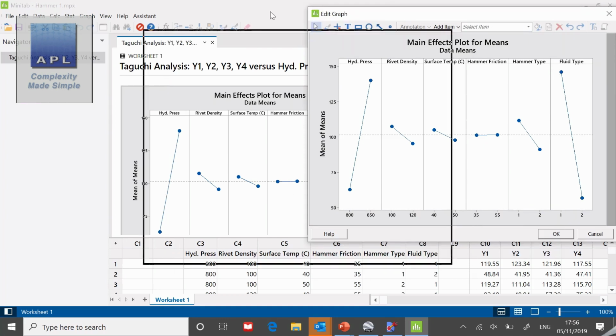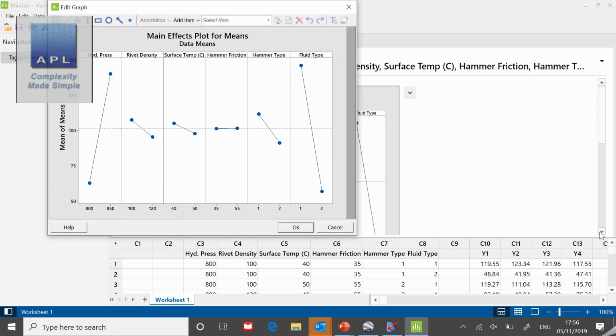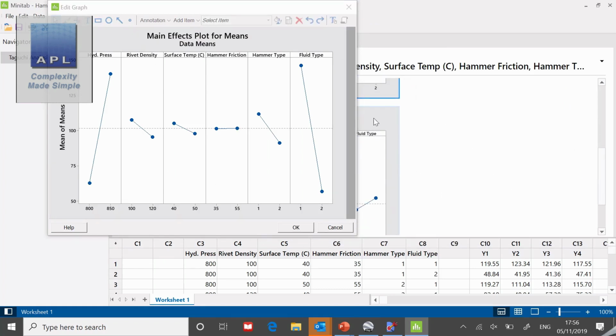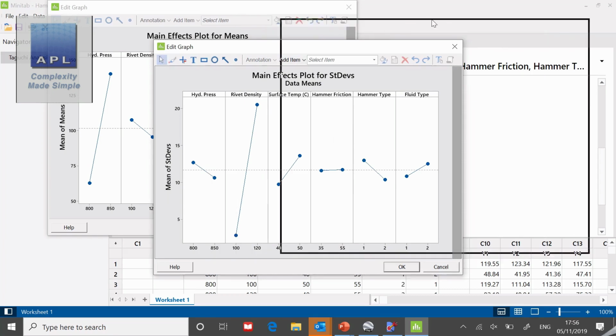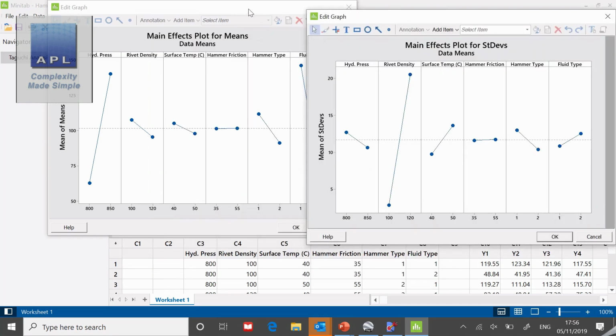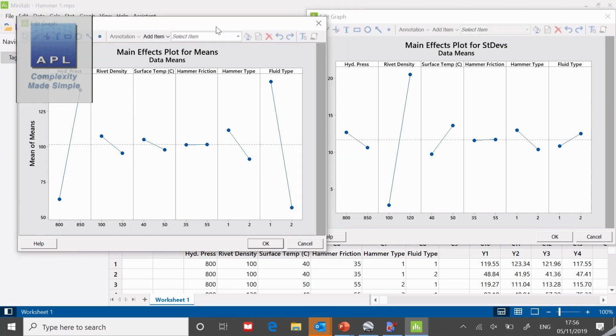Get the other one so I can see it first. Here's the second one. Okay, so we have 2 main effects plots. Let's just put them side by side. Now the first plot I'm going to look at is the one on the right, the standard deviation plot, because